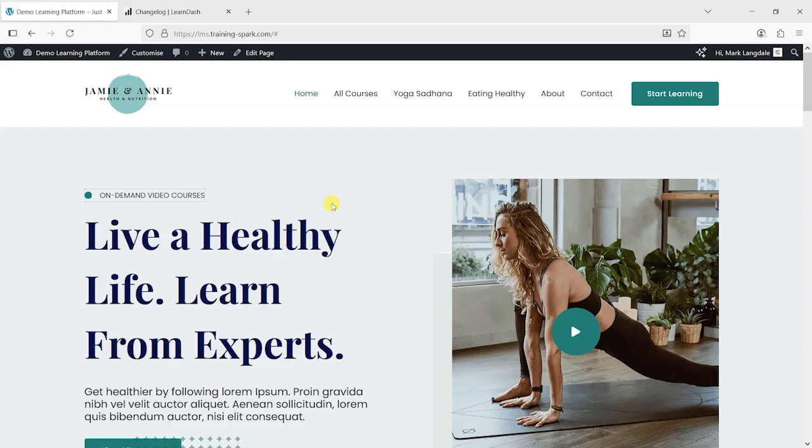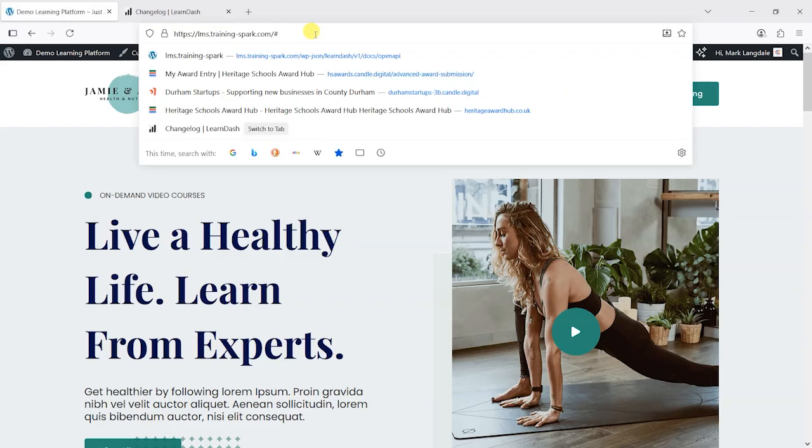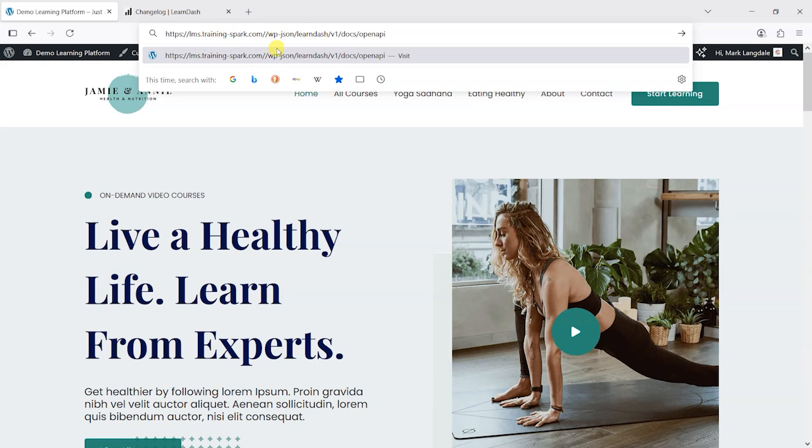So just to demonstrate this, what I'm going to do is open a piece of software. Actually, first what I'll do, I'll show you what this looks like. So essentially, if you now go to your platform after upgrading to the latest version, you'll see if you go to /wp-json/learndash/v1/docs/openapi,